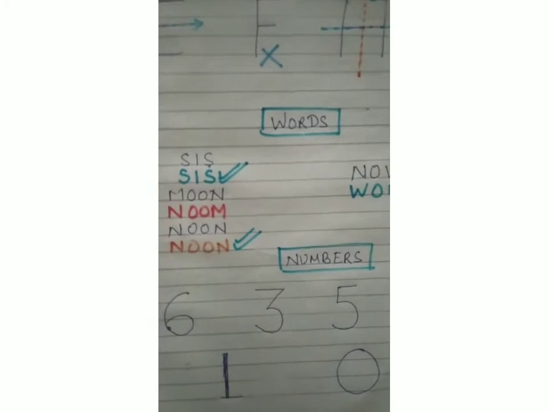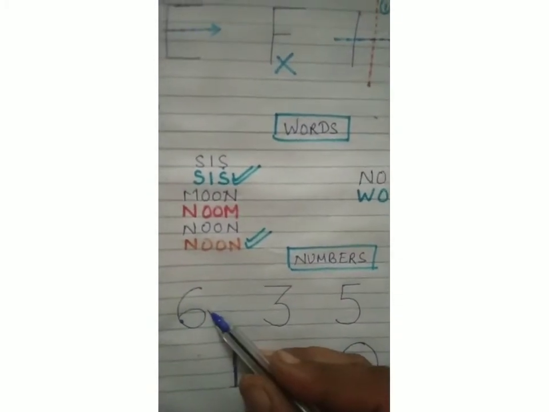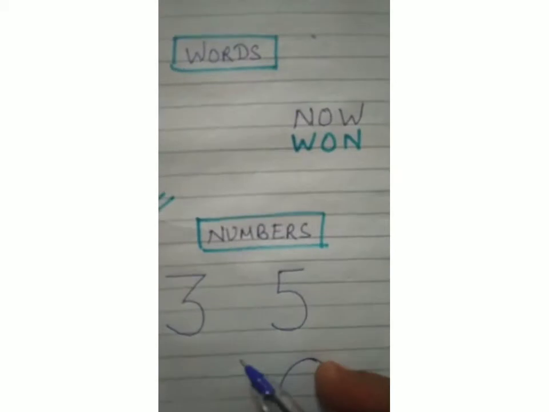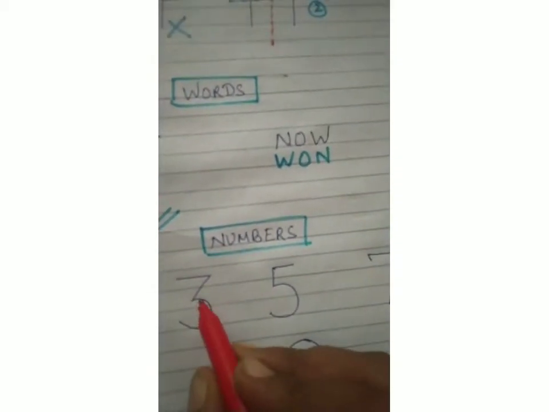Now we will see the symmetry in numbers. So here in this number 6, I cannot draw any symmetrical line, because whether I make it horizontally or vertically, I will not get two equal halves. Now we will see the number 3. In 3, when I draw a line like this, this is a horizontal line and this is curved. So no symmetrical line can be made in this number.